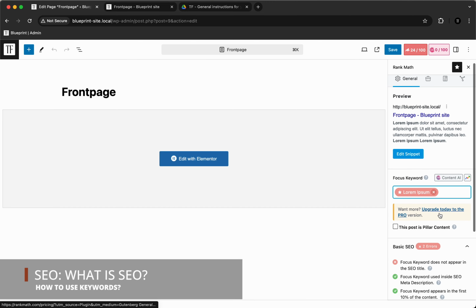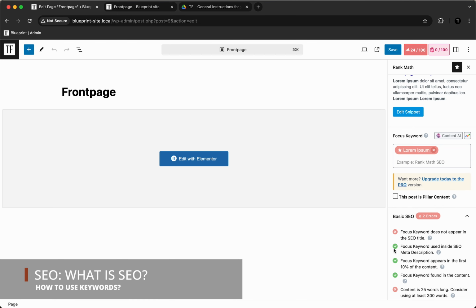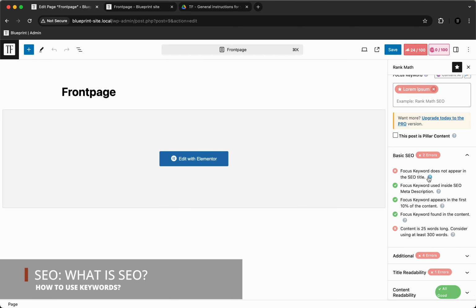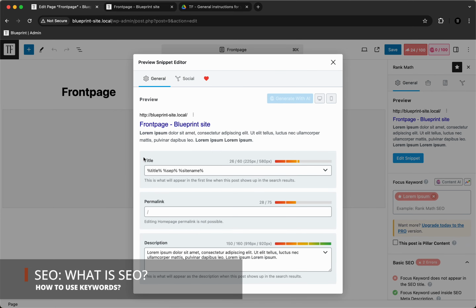And then, as you can see, it changes some checkboxes here, changes some markers, and it shows you what things you're doing well within the keyword and what things you're not doing well. So, for example, the focus keyword does not appear in the SEO title. So then you can go back to the snippet and you can change the SEO title, for example, with